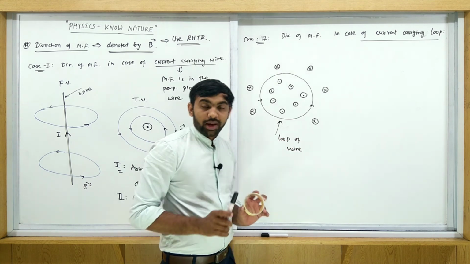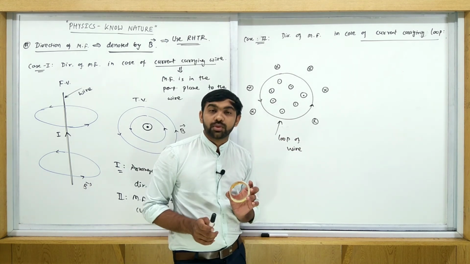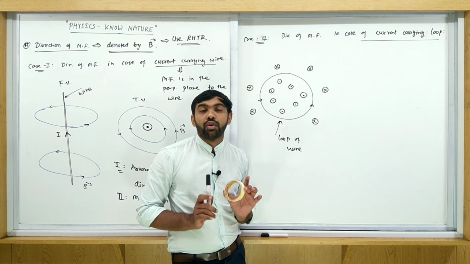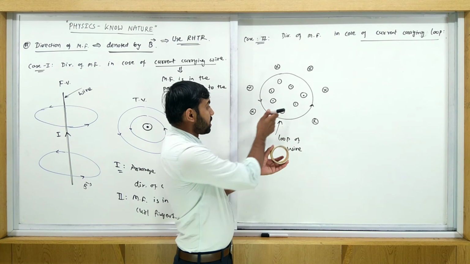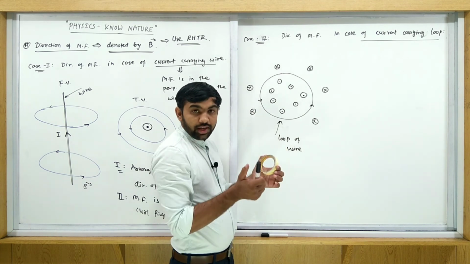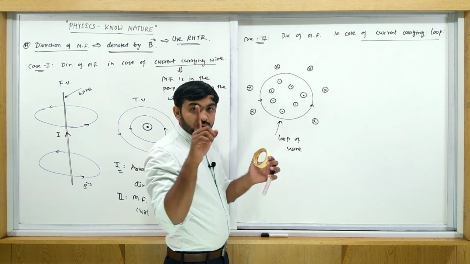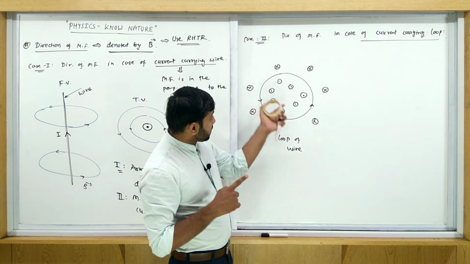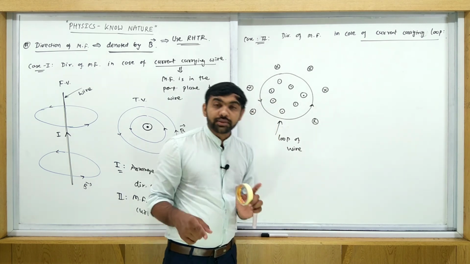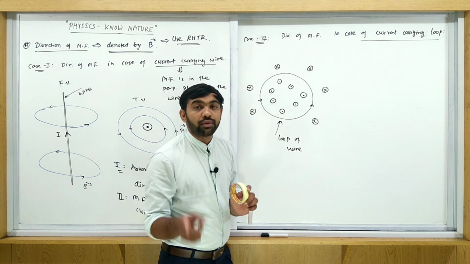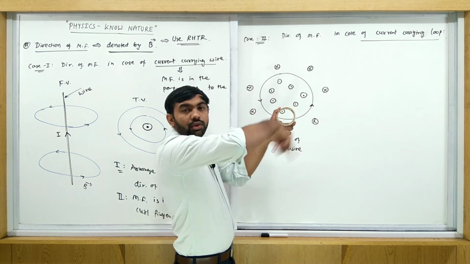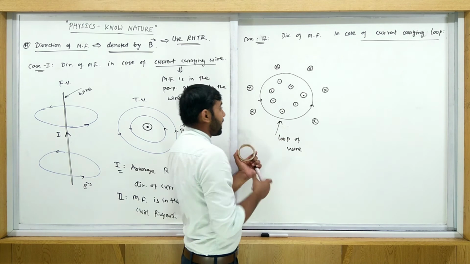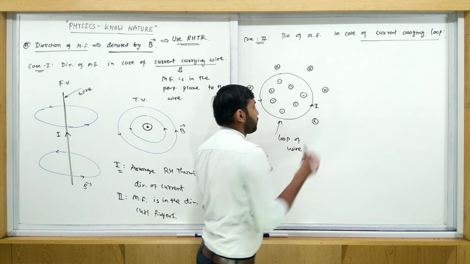Actually magnetic field lines are forming a closed loop. Magnetic field lines are forming a closed loop. So what happened here? See, just follow this rule. Rule number 1 is what? Whenever this loop is given to you and the current is flow through the loop, then arrange your curl finger in the direction of the current. Right now that is a loop. Then this current is flowing in this direction. I am just given this direction of current. This is the direction of current.